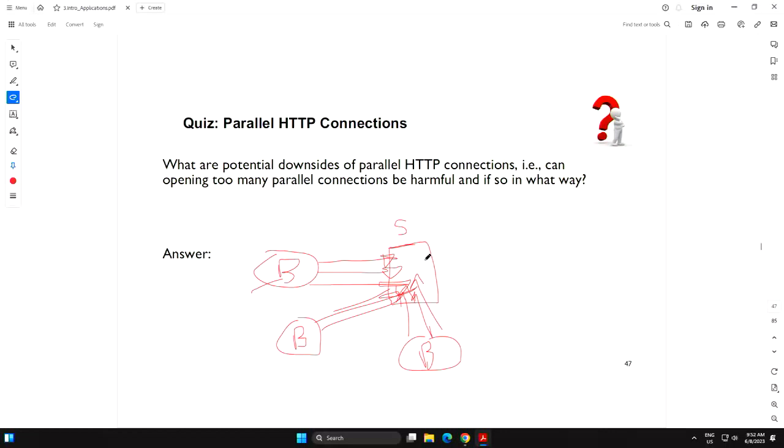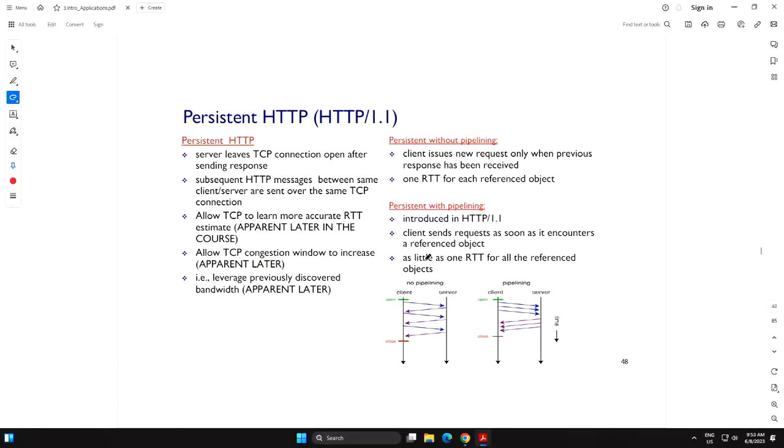The reason I mentioned this is because in the rest of the lecture, I will not explain the parallel more, but I will switch to another solution. Can I just use the sequential, I mean not parallel, but still improve it? What can I do? So that leads me to persistent.